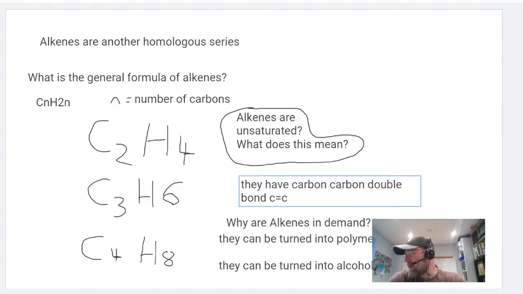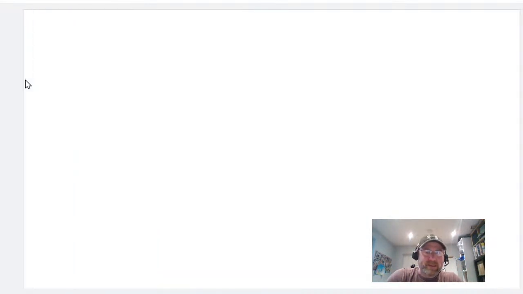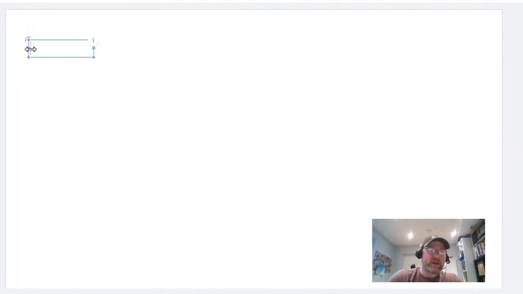Okay, is there anything straight off the chain that you need to know with alkenes? See, it's so weird, because if you're doing combined now, you don't have to really know a lot about alkenes. If you're doing triple, you've got to know a little bit more about alkenes. So